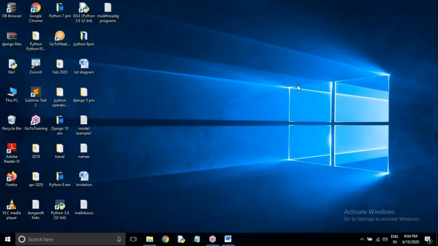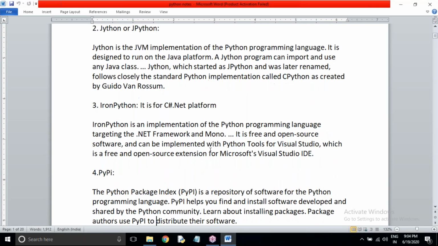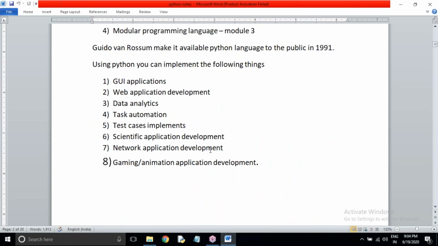In the previous class, I told what applications we can develop using Python. We have discussed that using Python we can develop GUI applications, Windows applications, websites or web applications, work with data science, and task automation.